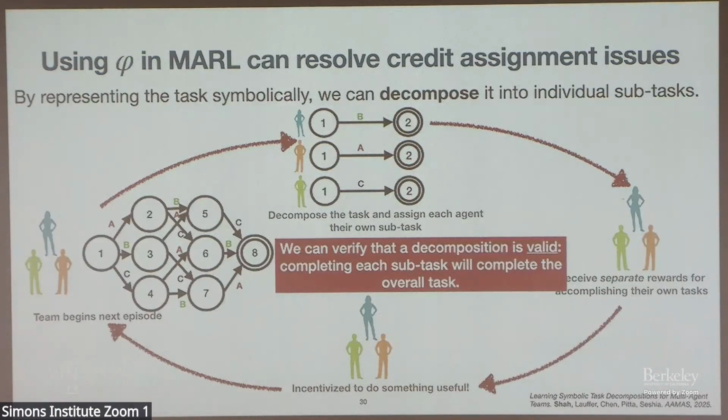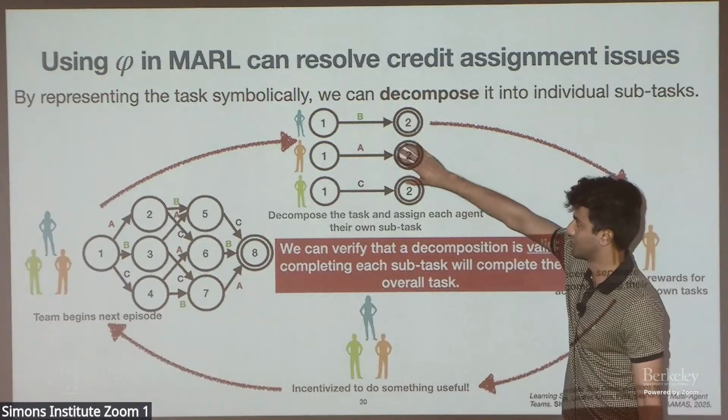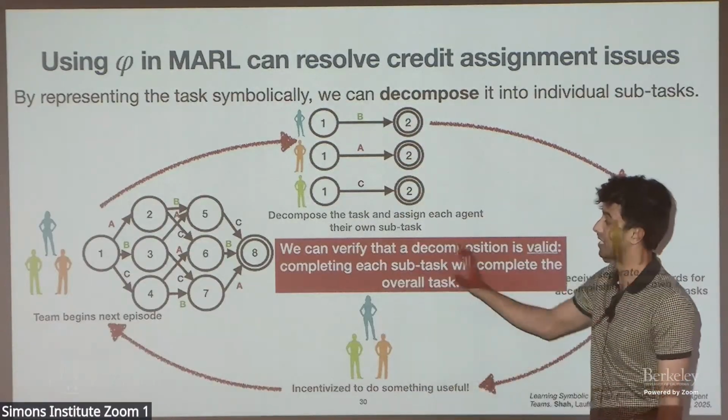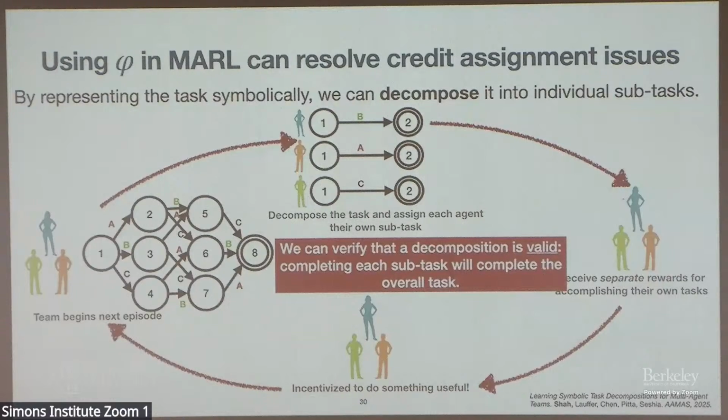One key here is that there are rules, and prior work has established these conditions where I can take a decomposition, take sub-specifications, and verify that the synchronous composition of those is valid, meaning a trajectory that accomplishes the synchronous composition of these subtasks will accomplish the overall task. So I can check that a generated decomposition is valid. And there's work that is actually able to enumerate these valid decompositions, right? So it's great, so cool, right? I can take a task and break it down into subtasks, and we're all well and good.